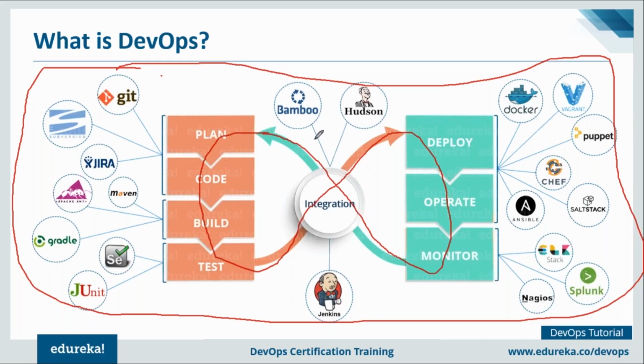It doesn't mean that if I have a good knowledge of Jenkins or Git or Docker, then I become a DevOps engineer. No, that is not true. You should know how to use them. You should know where to use them to get the maximum output. So I hope you have got my point, what I'm trying to say here. If you have any questions, any doubts, just go ahead and ask me. In the next slide, I'll be discussing various stages that are involved in DevOps. But before that, if you have any questions, please go ahead and ask me.